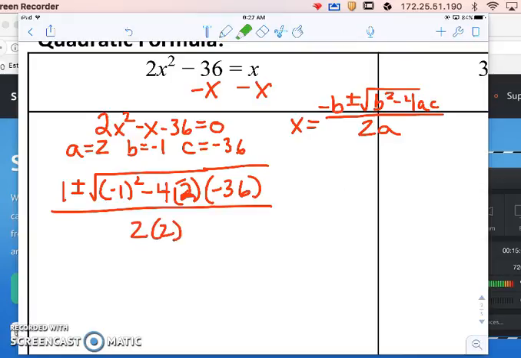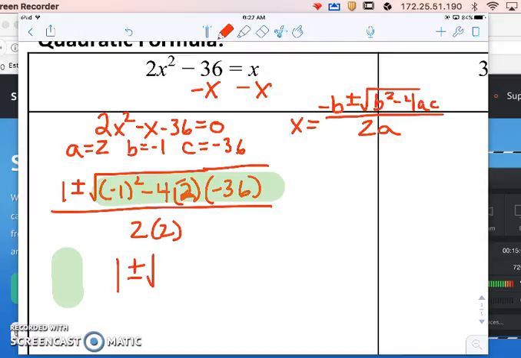So now I'm going to highlight this part. This is the part we want entered into the calculator in parentheses. You need to make sure that negative 1 is in parentheses. So we have negative 1 squared, and I have a calculator here. I won't bring it up, I'm just going to type that in. Negative 1 squared minus 4 times 2 times negative 36. So we have the square root of 289, so we have 1